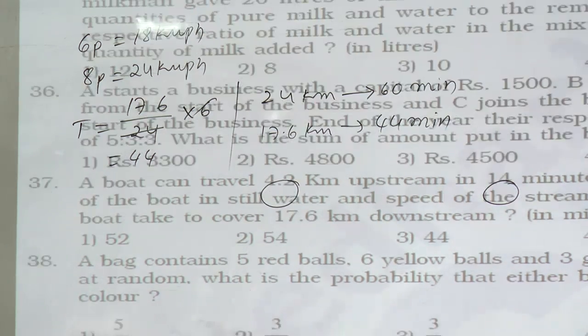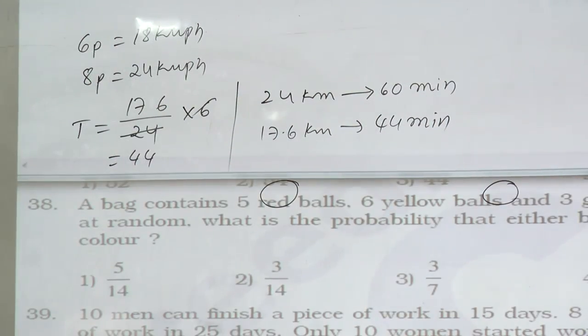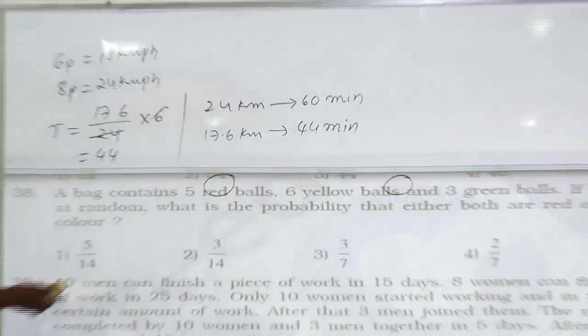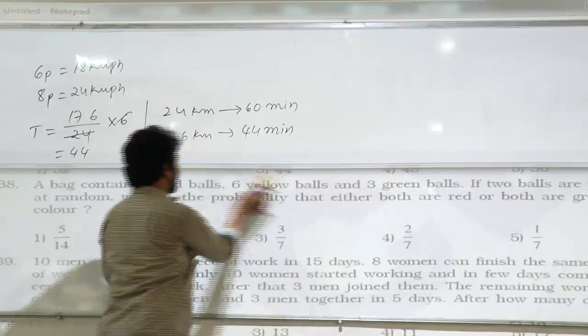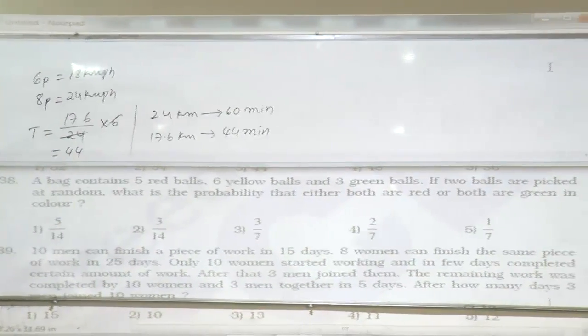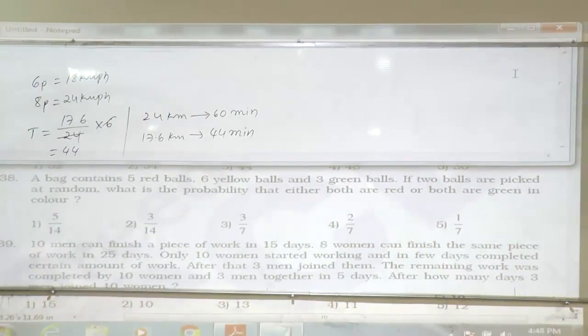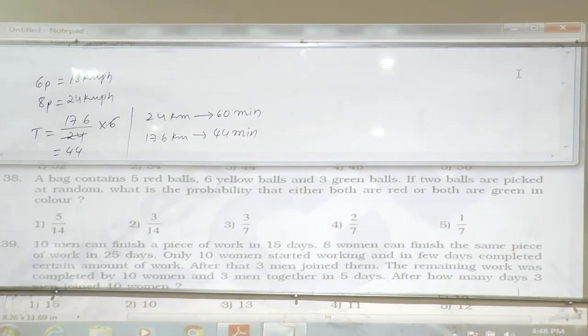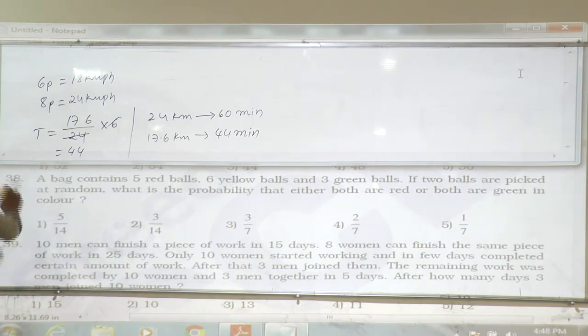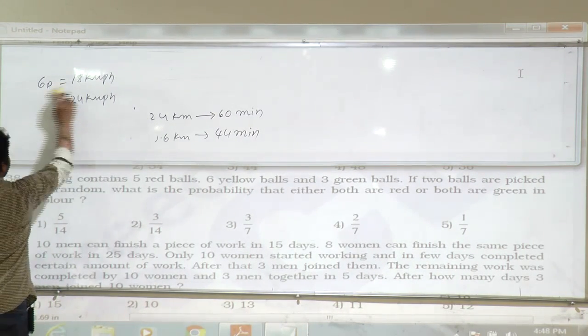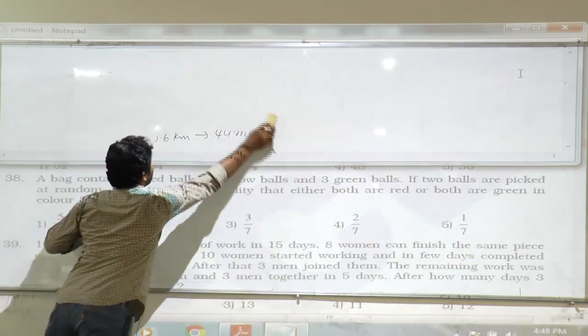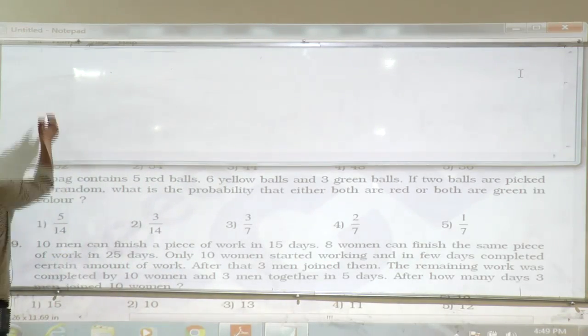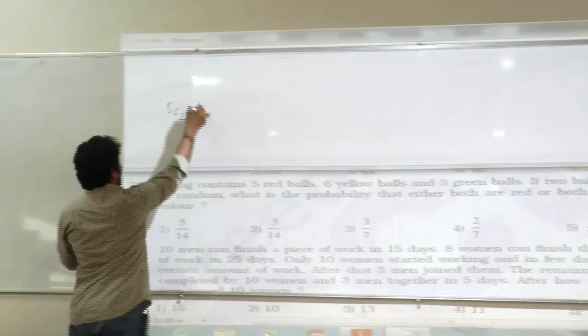Next, 38. A bag contains 5 red balls, 6 yellow balls and 3 green balls. Total how many balls we have? 14. If 2 balls are picked up at random, what is the probability that either both are red or both are green in color? How many red color balls we have? Total 5. In how many ways can you select 2 out of them? 5C2, or